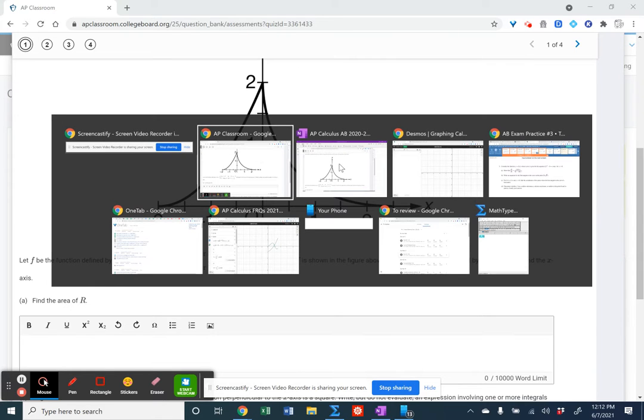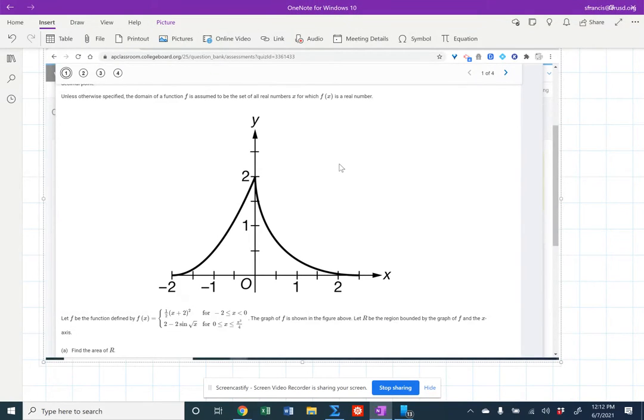This is number 4. This is the optional exam. And so the first question, we're given this piecewise defined function, and this is the graph of it. And the region R is all of this stuff here below the two curves and above the x-axis from -2 to whatever value that is on that end, pi squared over 4, I guess. We want to find the